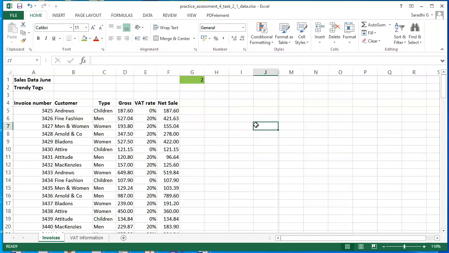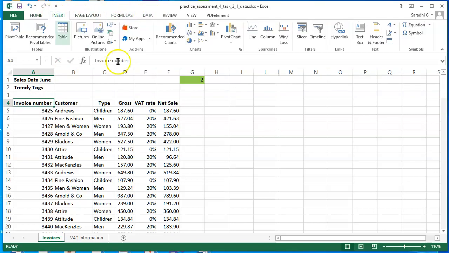After that, go to the next bullet point C. Insert a pivot table onto a new worksheet, including the fields customer, type and net. So we want to insert a new pivot table. Just select the first cell for this and click on insert and then click on pivot chart and pivot table